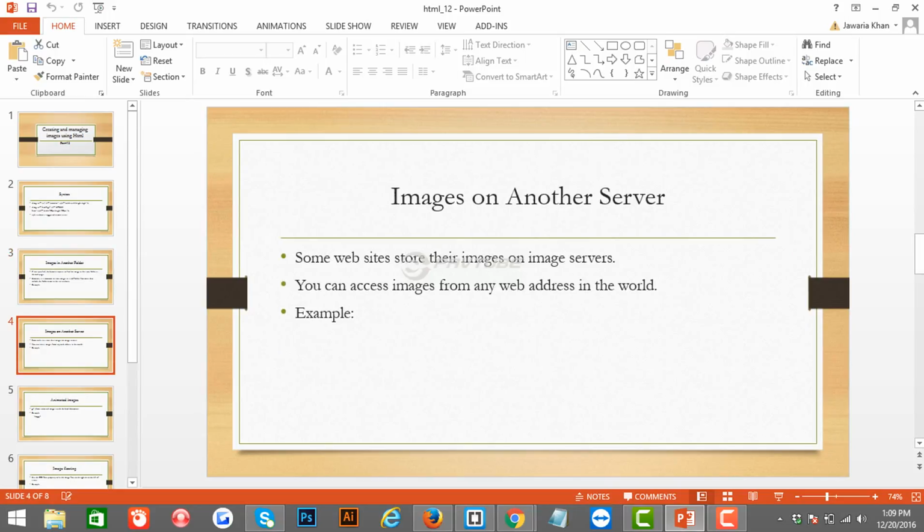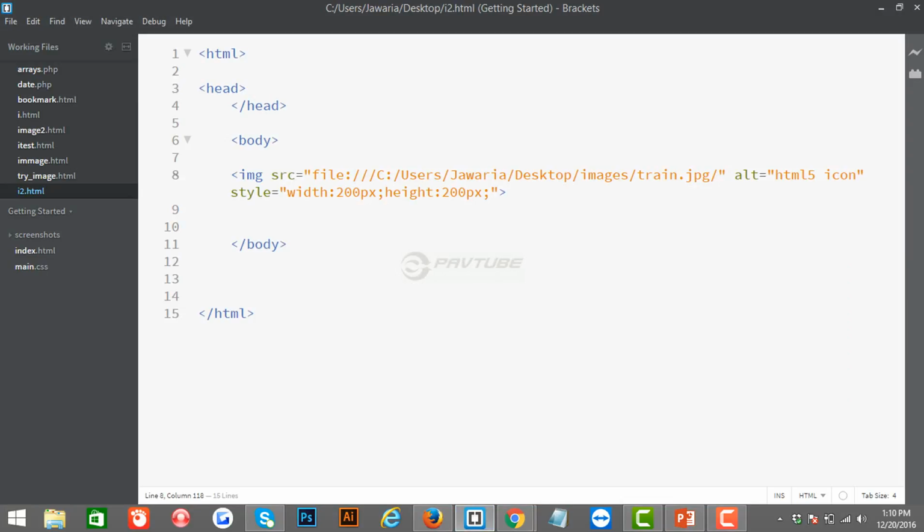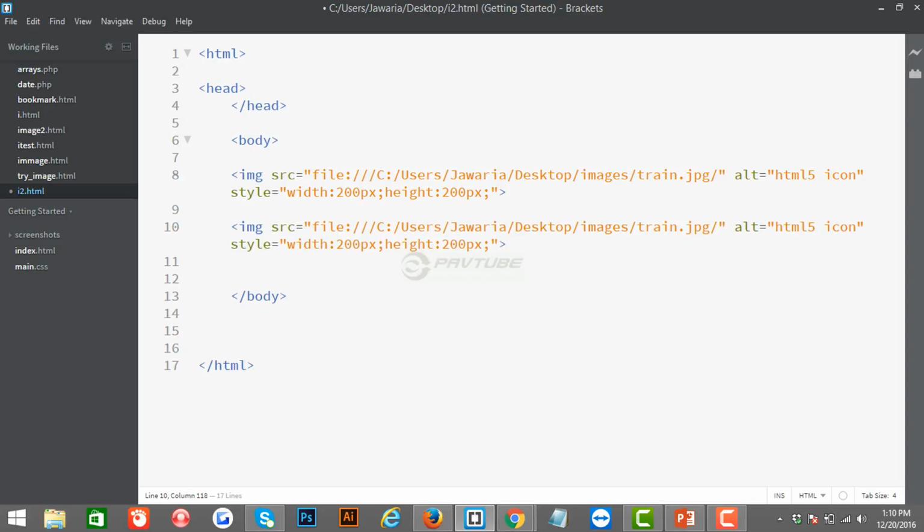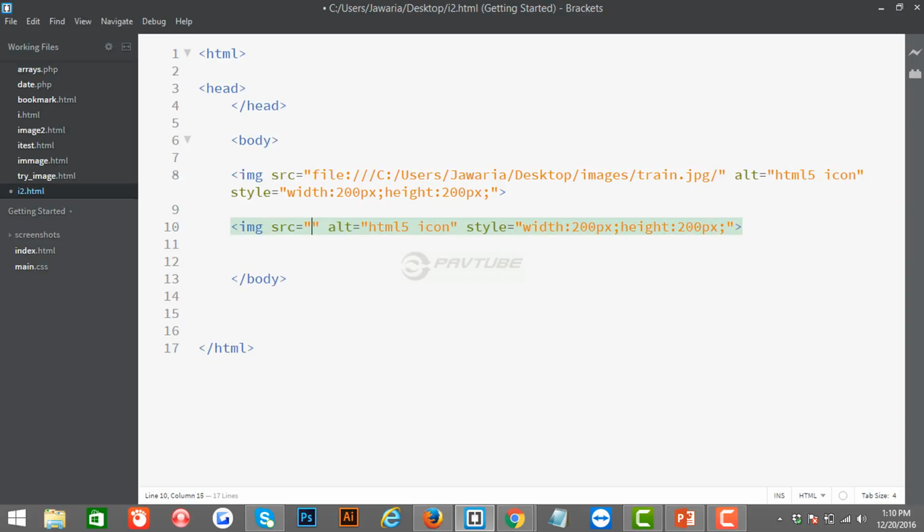What if we have the images present on another server? How would our HTML document find an image from another server or from any web address in the world, and how do we show it on our web page? For this purpose, we will try an example like this. I would copy the same text as it is, Control V, and in place of source, I would write it as,